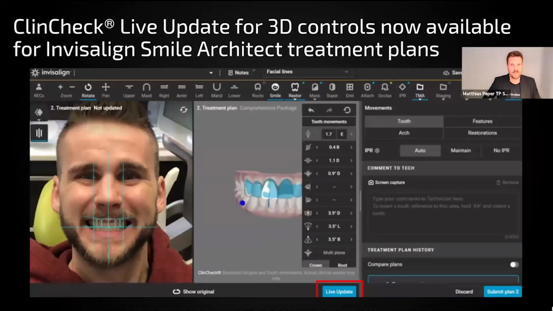CleanCheck live update for 3D controls, now available also for Smile Architect treatment plans. This is something also very beautiful. What we can see at the moment is that we have all the 3D controls. We can combine it with the Smile Architect, and that really helps, especially for doctors that are planning the anterior situation,